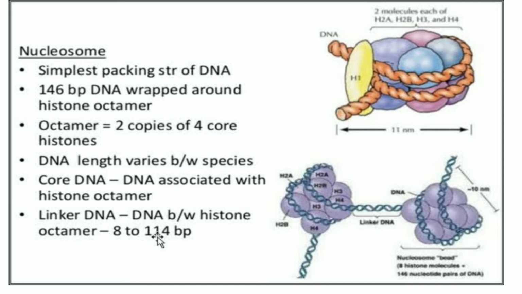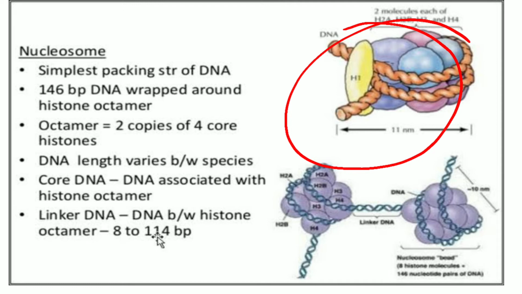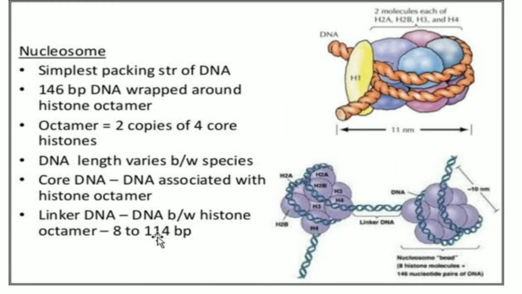Though the DNA molecules are very long, yet they are packed with the help of histones into smaller diameters. This fundamental packing unit is known as the nucleosome. Now let us see how this is packed. The nucleosome gives the chromatin its beaded appearance like this. This is the beaded appearance, seen as beads on a string under the electron microscope.